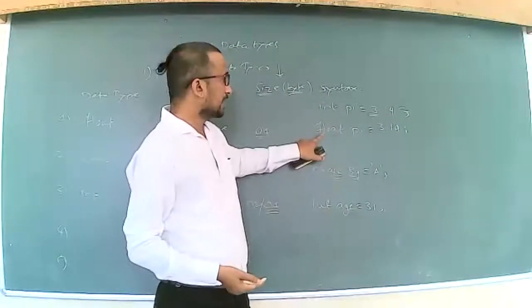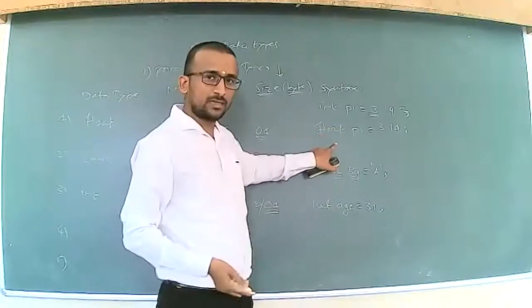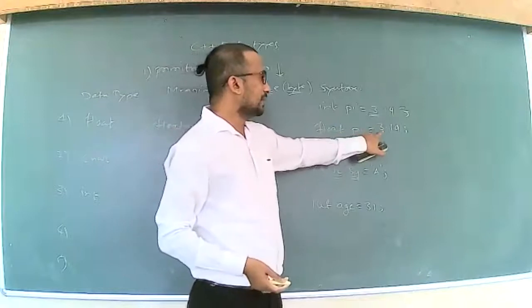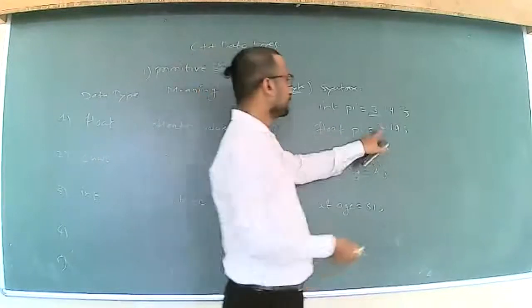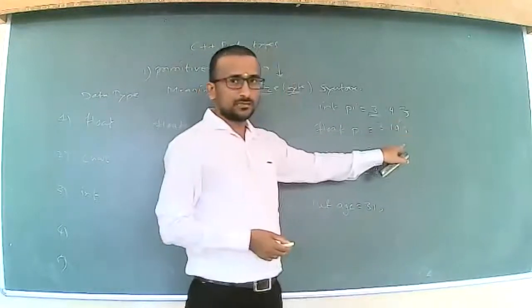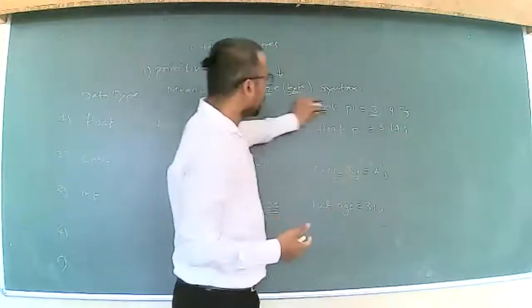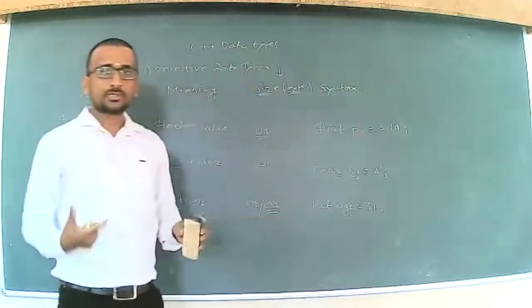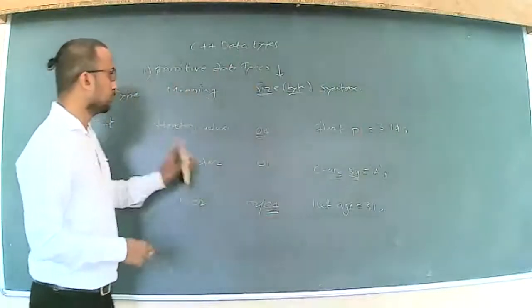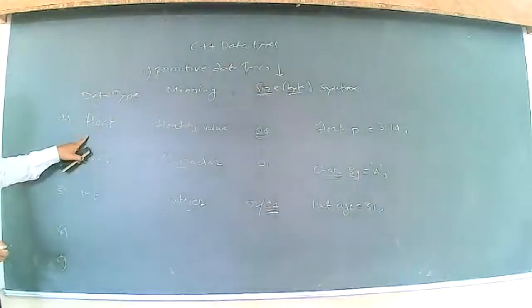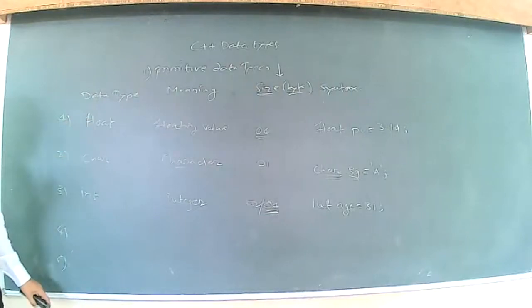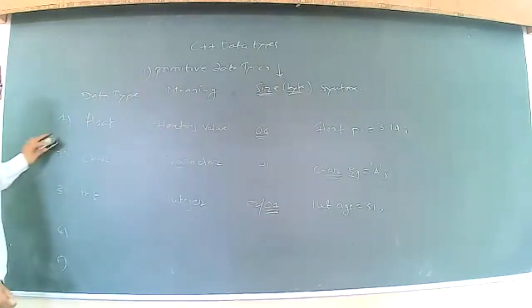But whenever I use it as a float variable, it will use the value of pi as a decimal number, that is 3.14. Whenever you want to use decimal numbers or decimal values, at that time we just have to use the data type that is nothing but float. Okay, so this is the fourth data type, that is float.